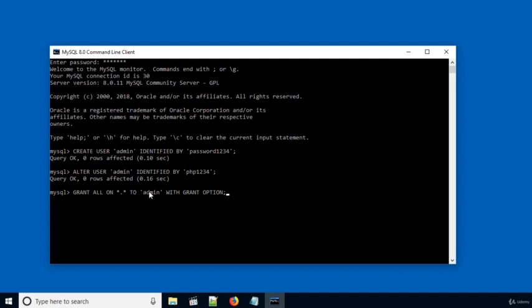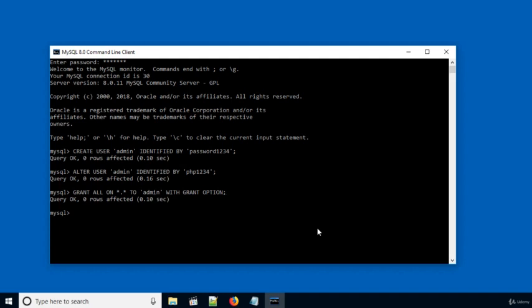To admin means we are setting the privileges for the user named admin. With grant option means the user can also create new users and set the privileges. So the syntax is grant all privileges on all databases and all tables to the username admin with the privileges to create new user and set privileges.